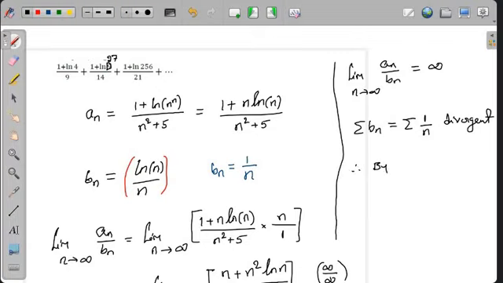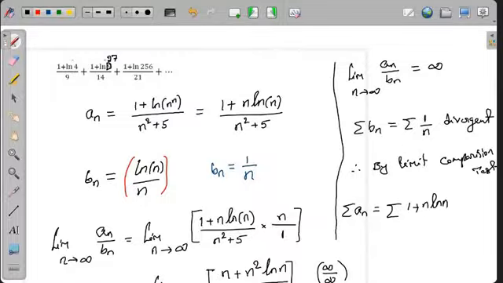Therefore, by limit comparison test, we can conclude that summation an, that is summation 1 plus n times ln n over n square plus 5, is divergent. So when the limit is infinite, we can only conclude about divergence, and that too if summation bn is divergent, then only summation an is divergent. Okay,